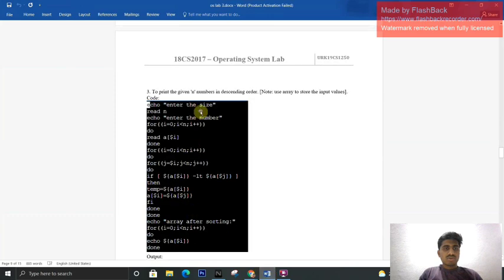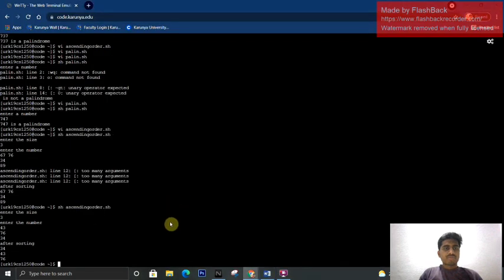To print the given n numbers in descending order, use an array to store the input values. For descending order, we have already created the code. Let's get into it.